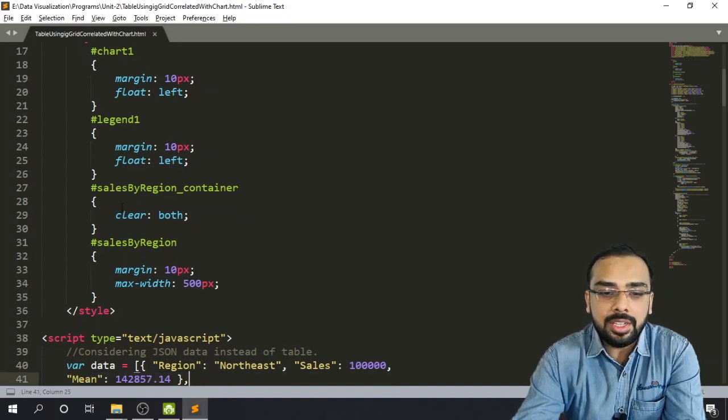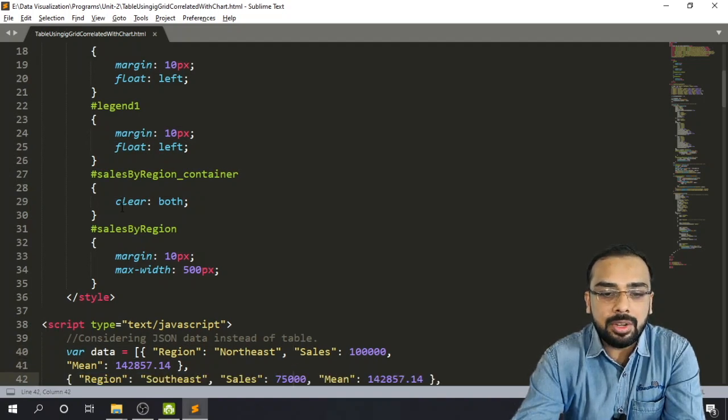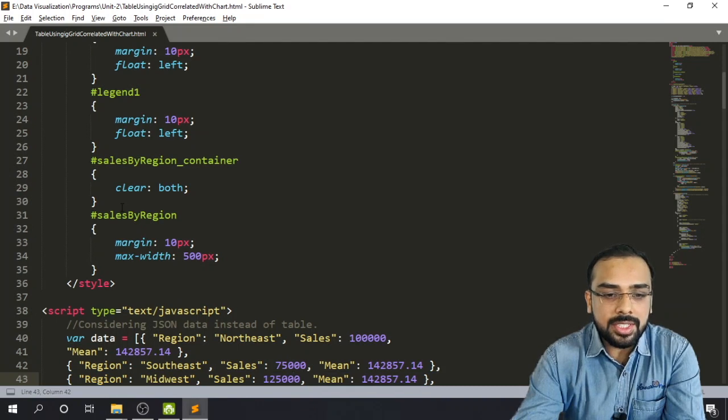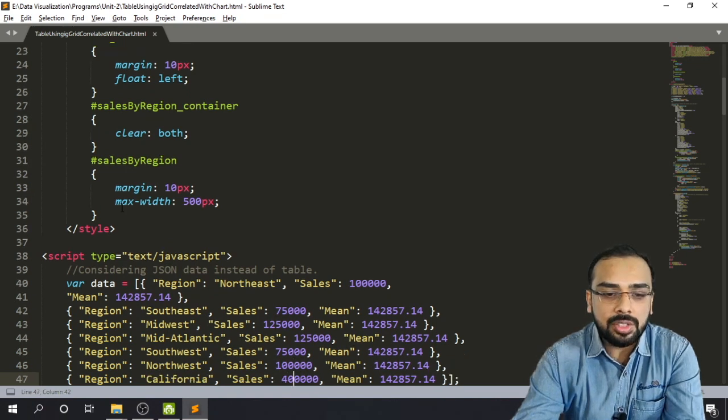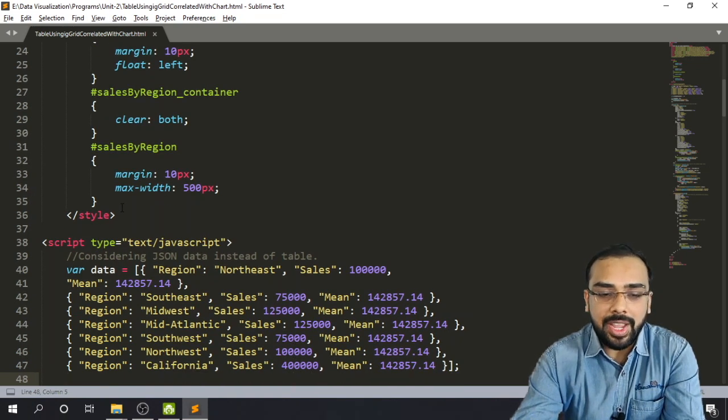So we are considering three different columns for our JSON data. The first is region, second is cells, and the third is mean value. So we are creating multiple regions and its cells value and mean value. So we have created a region which is northeast, southeast, midwest, mid-Atlantic, southwest, northwest, California, etc. And we have specified their cells value and their mean value. So we have created our JSON data, and we have assigned this particular data inside a variable which is named